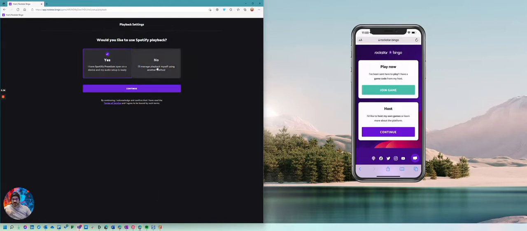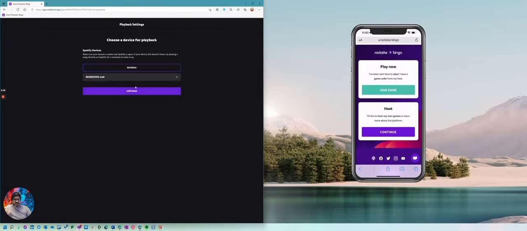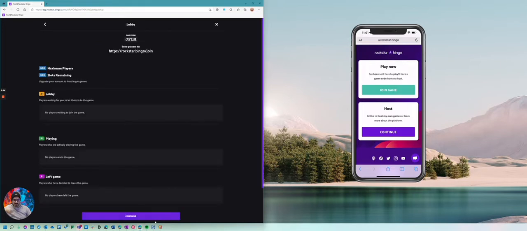Or you can actually choose to play music from your own sources, at which point you're just using our platform to control the game, but you could pull music from MP3s or Tidal or YouTube or whatever. But at that point, you're going to go and hunt and peck for each song. The nice thing about Spotify is we actually would play each song for you. So I'm going to connect to my Spotify device, again, which is my computer.